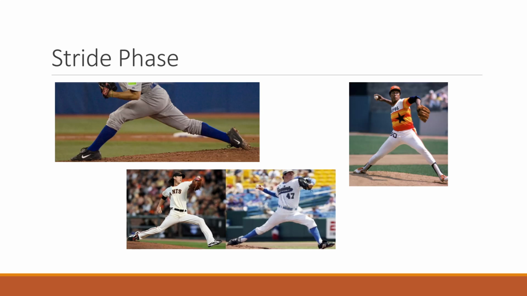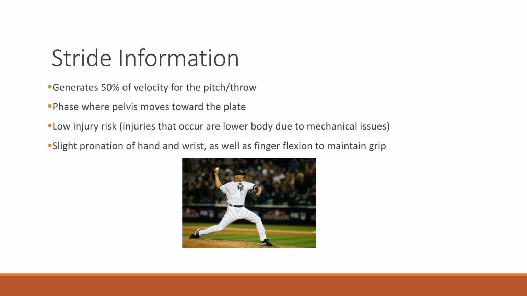So again, here's some pictures of the stride phase. So for the stride phase, that's when it generates about 50% of the velocity for the pitch or the throw. This is where the pelvis moves towards the plate. This is also low injury for the hand and wrist. They are mostly lower body injuries due to the mechanical issues. And then there is slight pronation of the hand and wrist